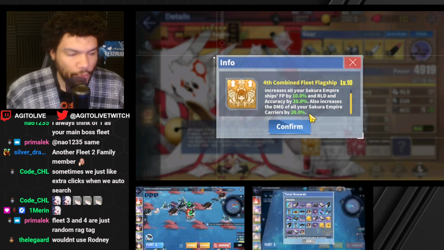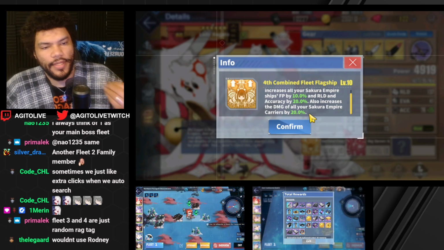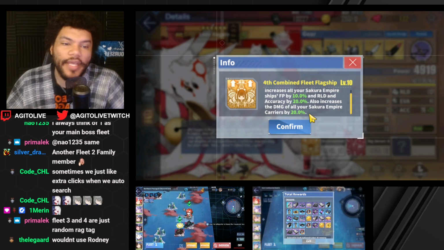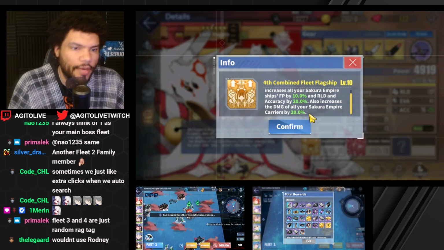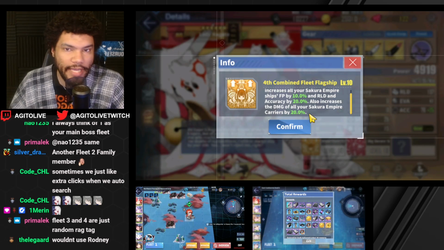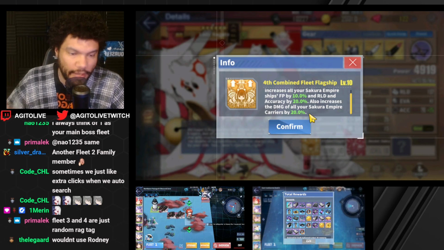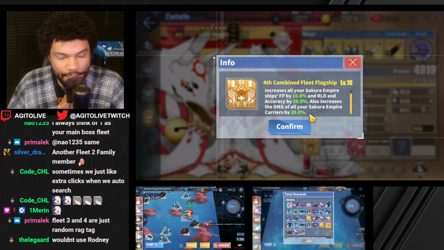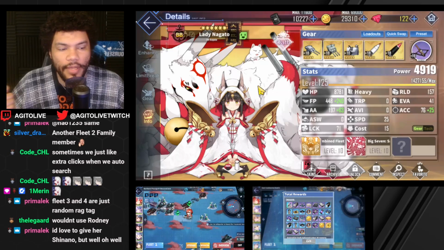So basically you want to pair Nagato with carriers, more so than you want to pair her with battleships, because she increases their damage by 20%, right? But she also increases their reload and accuracy by 20%. Firepower doesn't matter. It's the reload and accuracy by 20% and the carrier damage by 20%. So by pairing them up with